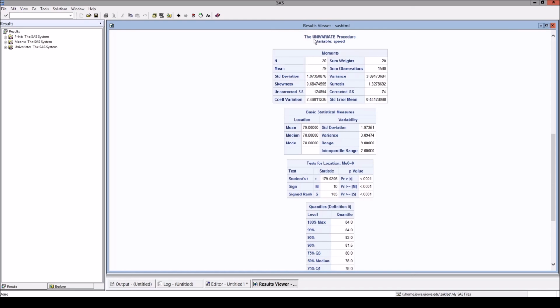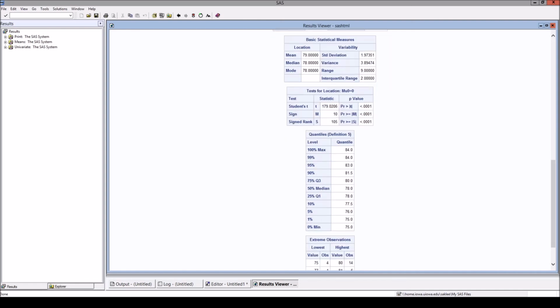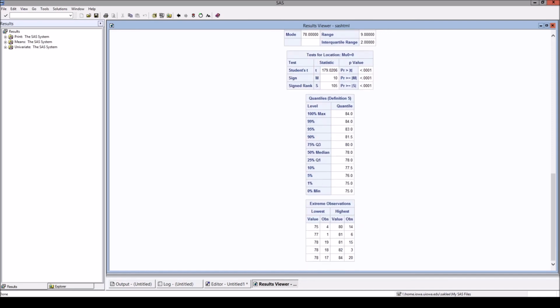So we have the univariate procedure, the variable name is speed, and we have moments. In the moments table, we have the mean, sample standard deviation, skewness, and variance, something like this. Then we have quantiles and information about the extreme observations.